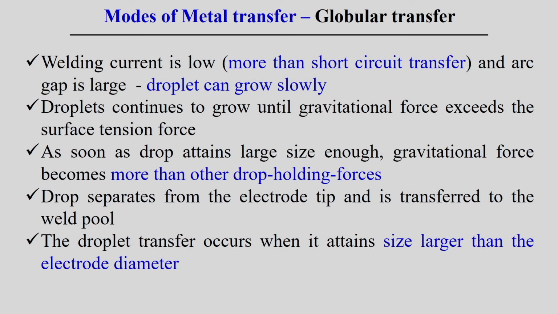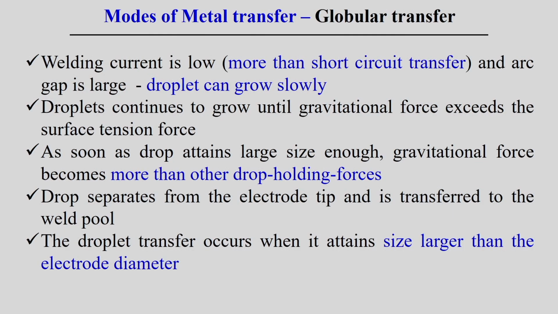The second thing is the gravitational force on the droplet. If it is bigger in size, the gravitational force will be much more on this particular droplet. The other is the pinch effect, that is, the electromagnetic field also acting in the arc welding process. Definitely there is a current flow, so the electromagnetic field will be active there. That electromagnetic field is one of the driving forces influencing the detachment of the droplet from the electrode. Therefore, the complex effect of all these different kinds of driving forces finally detaches the droplet from the electrode. We will see how all these forces act during the metal transfer.